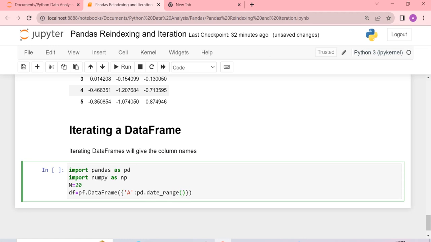Let's specify the range, let's say 01 2023. You can specify any range, any date you want. Periods is equal to 3, and then let's say frequency here is 5,